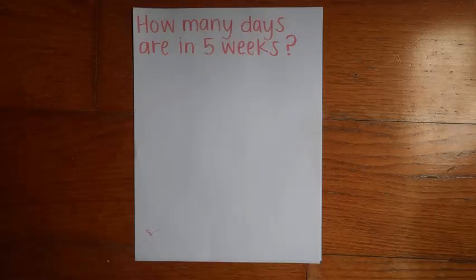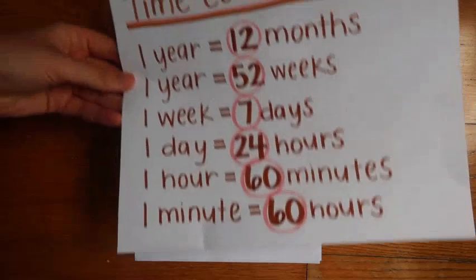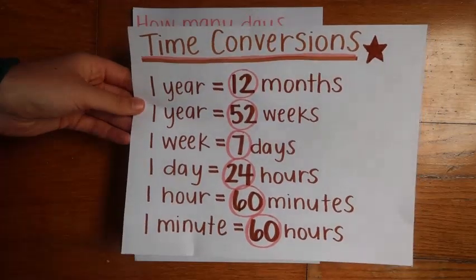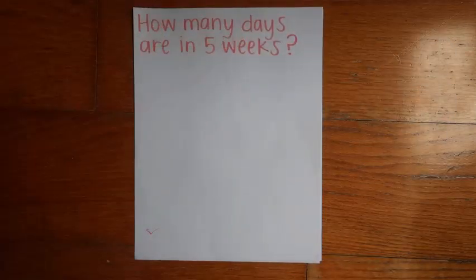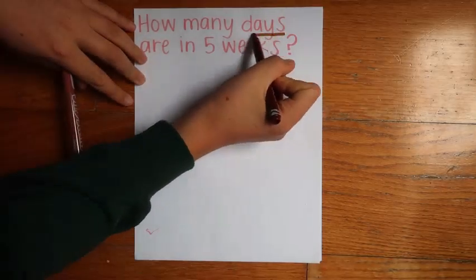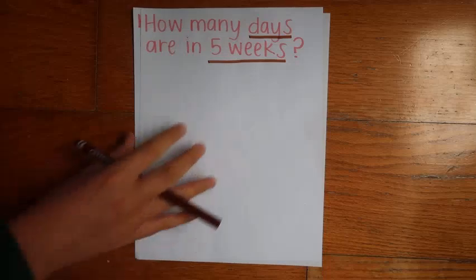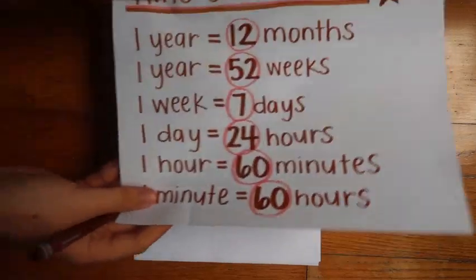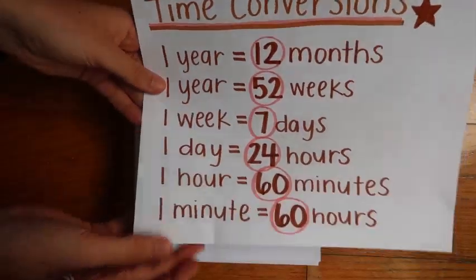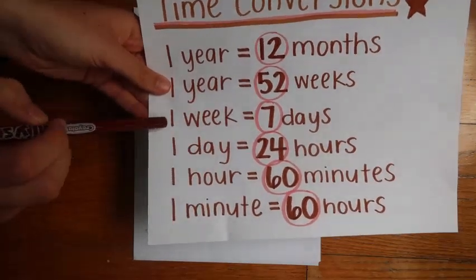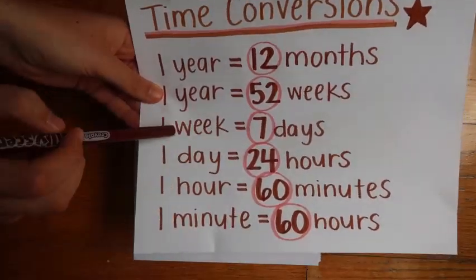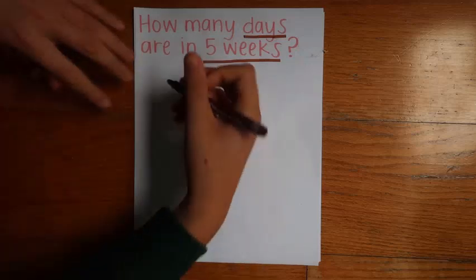First one says, how many days are in 5 weeks? All right, so this is where I'm going to want to use that chart that I showed you. This right here. I'm going to want to find the conversion for days and weeks. We want to know the days, and we know there are 5 weeks. So we can look here for the days and weeks conversion. I see right here it says 1 week equals 7 days. So I'm going to write that down here. I'm going to write 1 week